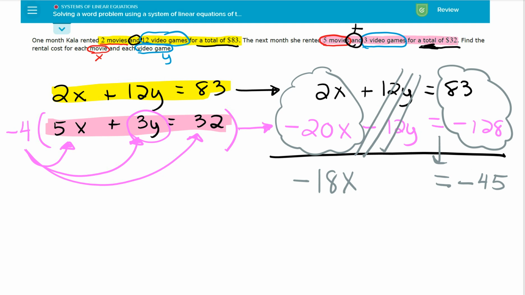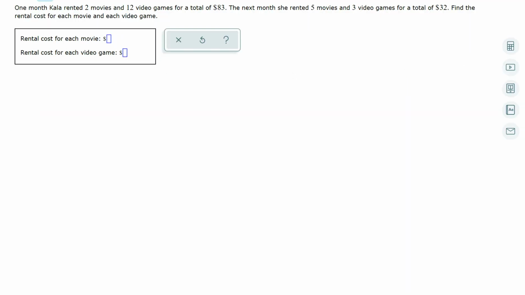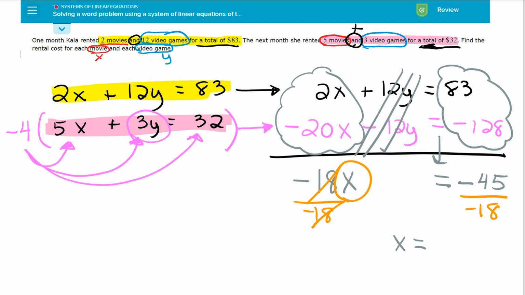And now at this point, I'm going to solve for x. So I'm going to divide off the negative 18 so that that cancels, just leaving me with x. But I got to divide this side by negative 18. So I'm going to have x on the left, and what do they want me to do? Oh, we're doing money here. Okay, so since we're doing money, we need a numerical answer. So I'm going to grab my calculator. It's a negative divided by a negative, so that's at least going to be positive. And 45 divided by 18 comes out to be